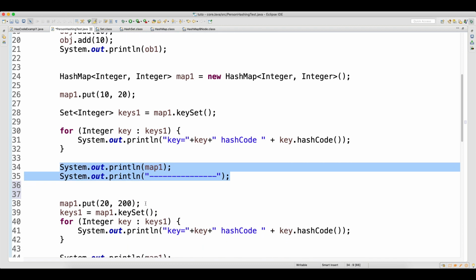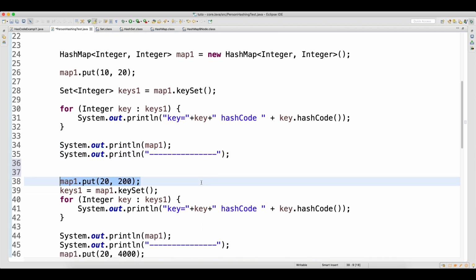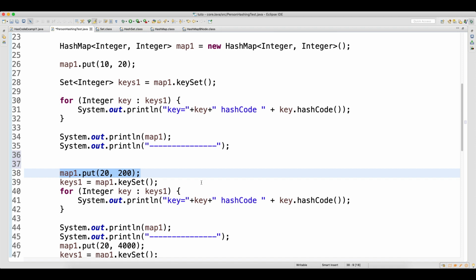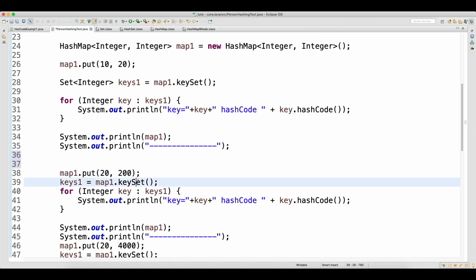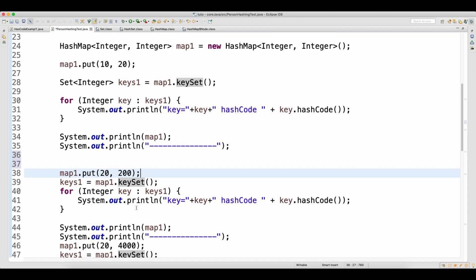Now the second record came, map.put. When you put, first the hash code will get created. So when the second record 20 came, I'm printing this. I have already inserted 20, and then I'm calling the key set again, because now my key set is different.